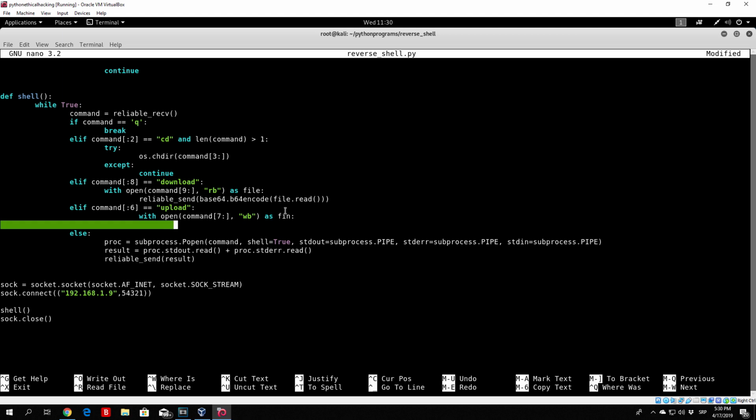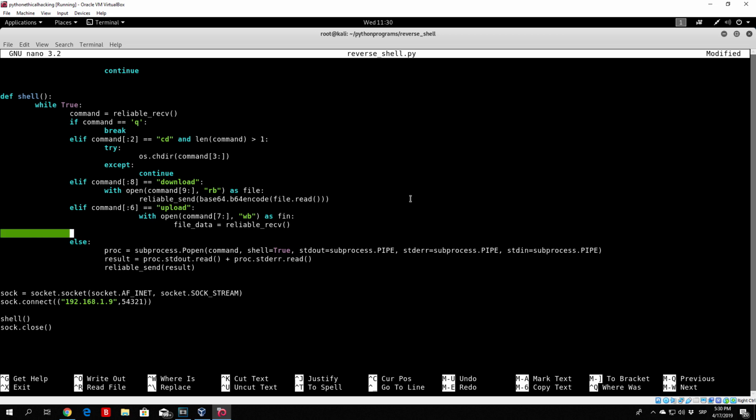So what we will do is file_data will be equal to reliable_receive. So what we are doing is we are receiving the file data, and we want to write, so fin.write the base64.b64decode, and what we are writing is the file_data. So if I'm not mistaken, everything right here should be